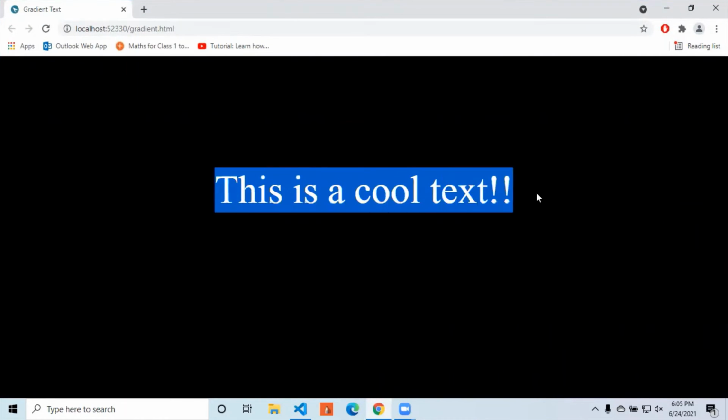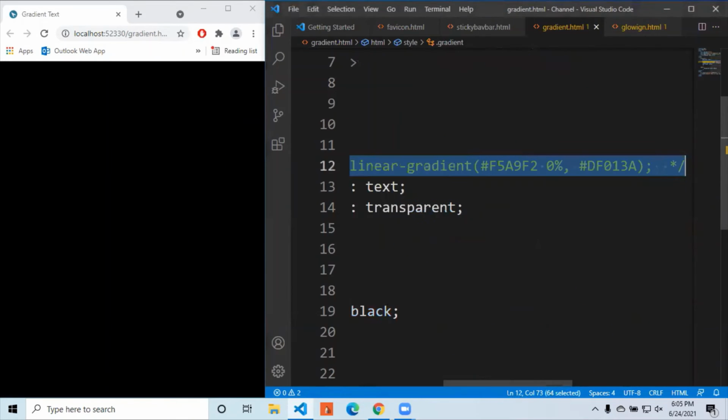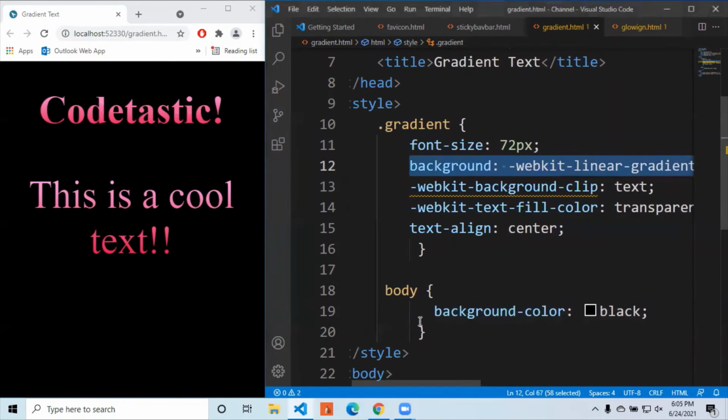I have commented it. Now let's refresh the page. If we don't use this line of code, the text is there, but it has its original color, that is black, so it's not visible. When we remove the comment, you can see that the text is appearing.